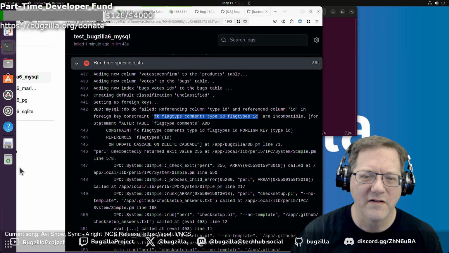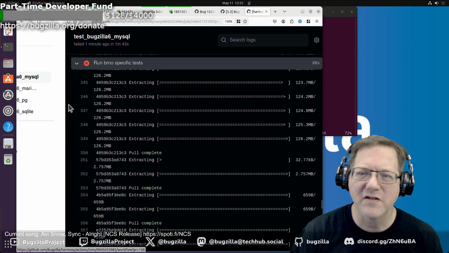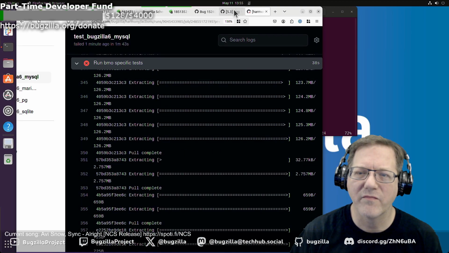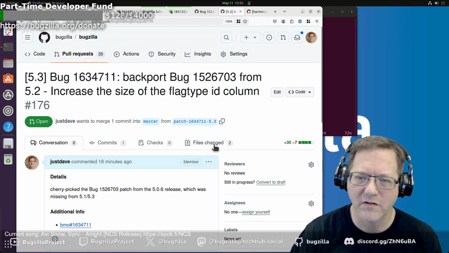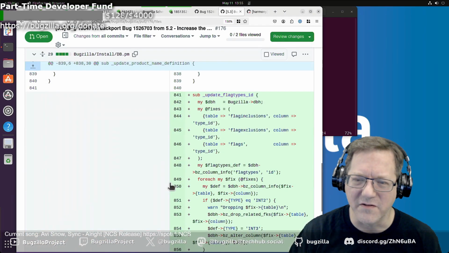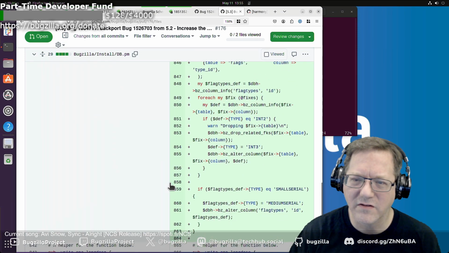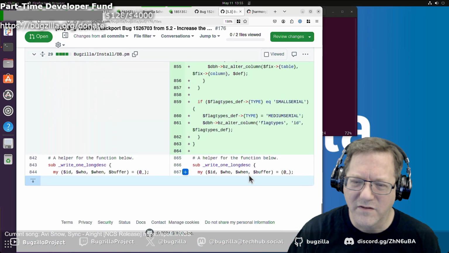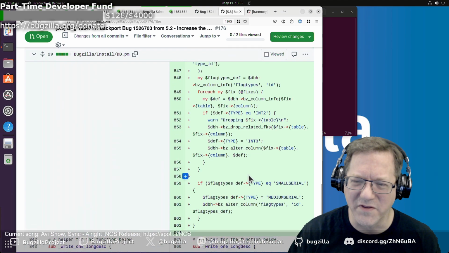Okay. I need to look at the patch. Let's see what did we do for the upgrade code? So we have to drop all the foreign keys and then put the